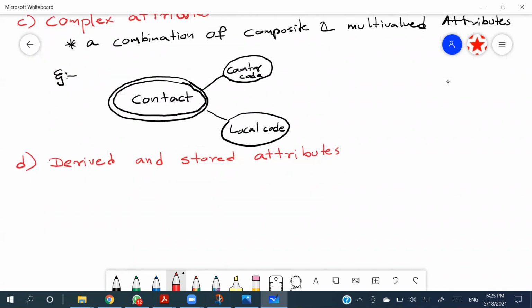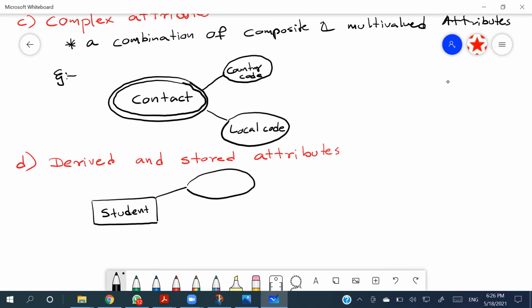So derived and stored means the stored attribute will help to derive the derived attribute, like date of birth and age, right? So a particular person can have, so let's say the student is having the date of birth. So using the date of birth, we are going to derive the age,